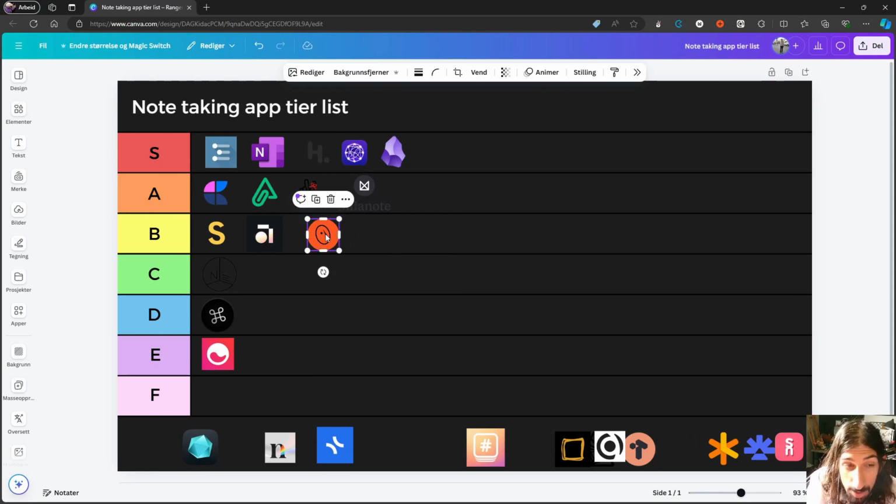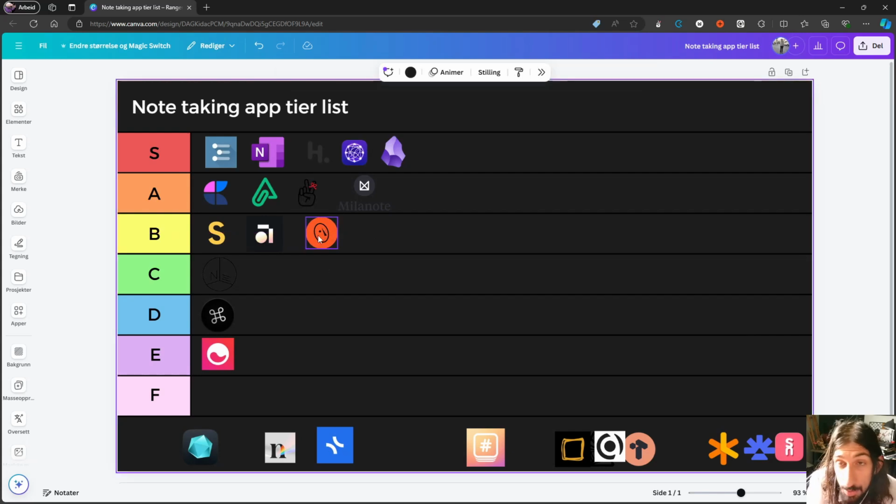Another visual application, which I will put in B tier, is Mymind. This is also a great idea. This is actually one of the apps I do use every single day. It does an amazing job at saving things from the web and organizing things for you. So, again, the promise of Mem inside of here. One problem I've had with this app is that it has some minor bugs, like really minor, but since I'm going to be really strict in this video,